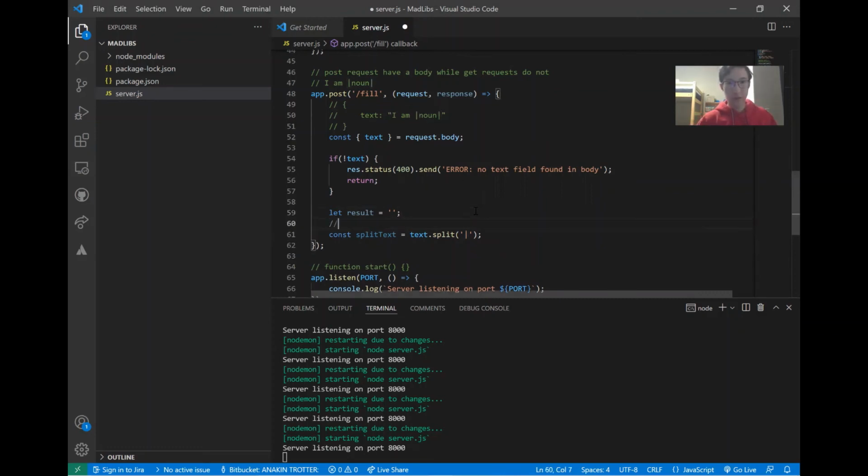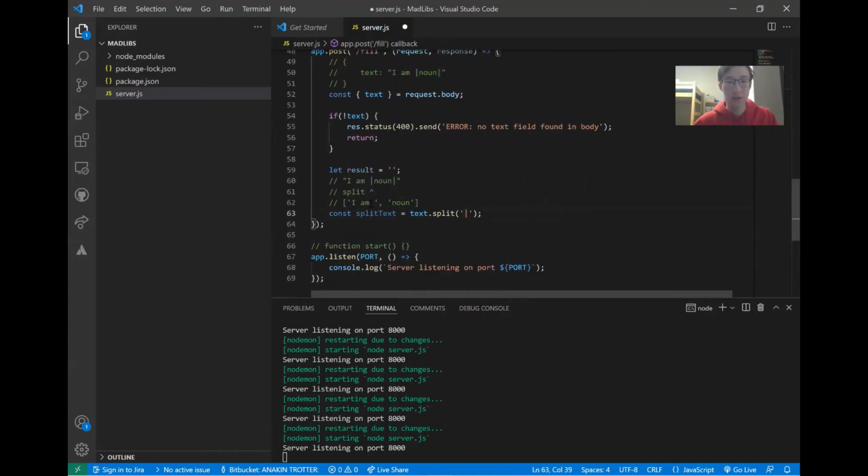So for example, if this is our string and we want to split that, then the output would be a list like this: I am, and then noun, because the split operator creates new list elements at the bar, or this could be any character that you pass in here. It's called the delimiter. So at the delimiter, we will end this list element and create a new one, and that'll allow us to more easily handle